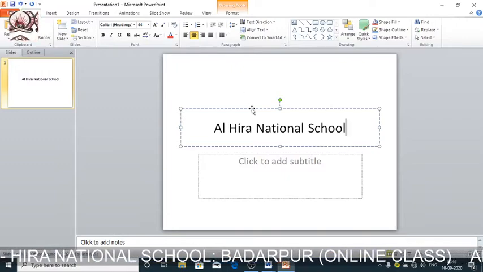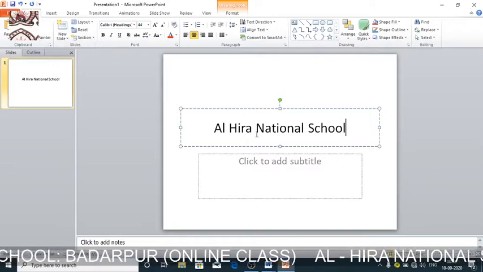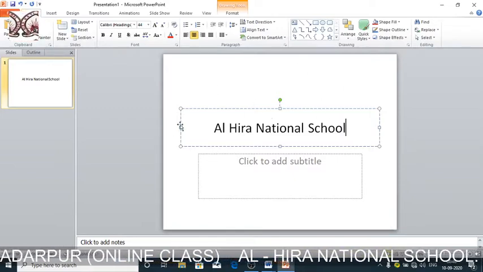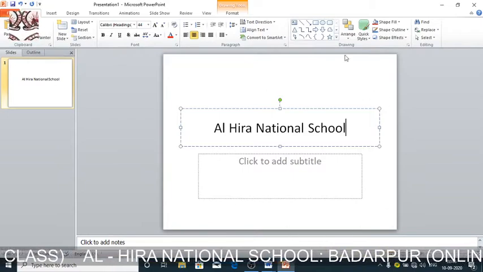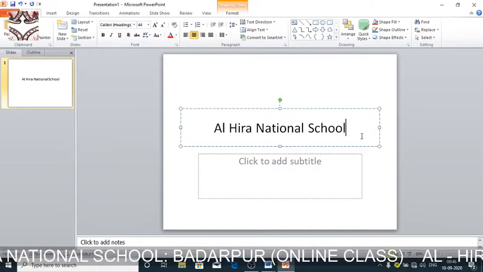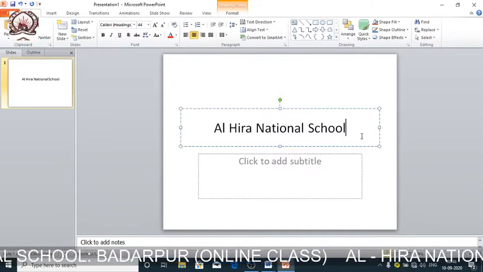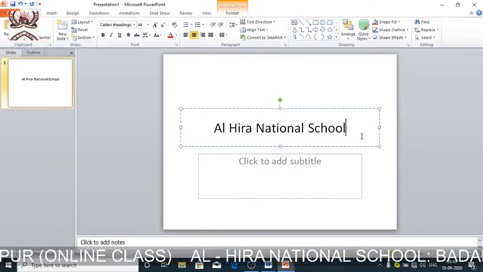So what is an object? Any picture or text on a slide. This is on a slide. This is a slide. This whole is a slide of a PowerPoint. So any object means any picture or text on a slide.